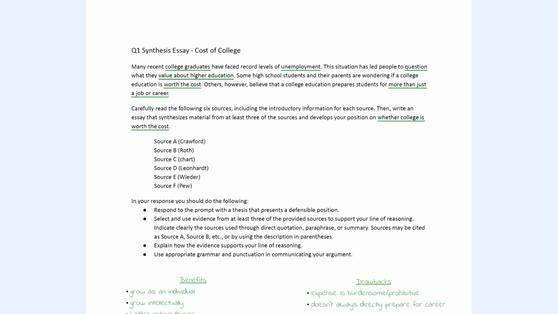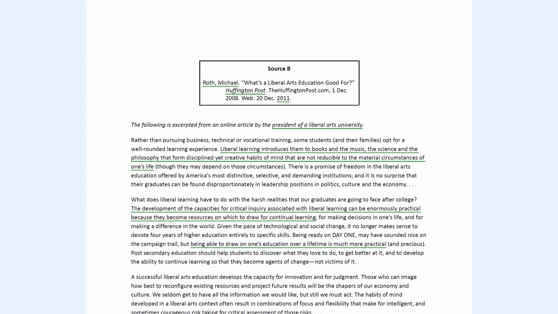All right, 15 minutes are up, and here is what I have done with my sample here. The specific topic we're asked to write about is whether college is worth the cost. Another very specific issue with two very clear sides. I'm not going to show you all of my work on all of the sources. I just went through and underlined some key ideas that will help draw my attention back to them when it's time to actually source them in my writing.